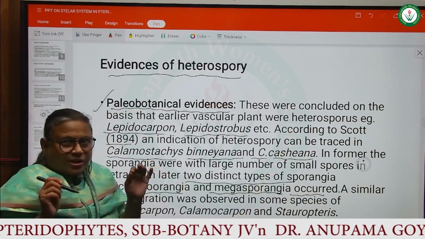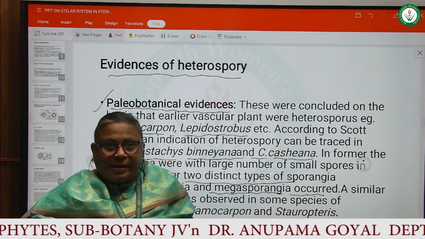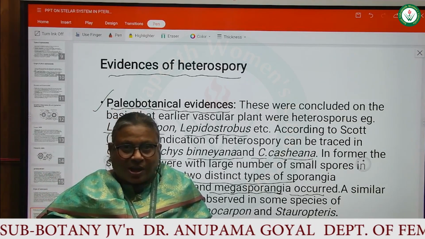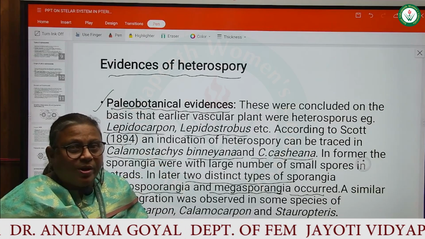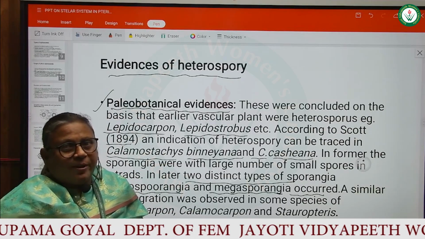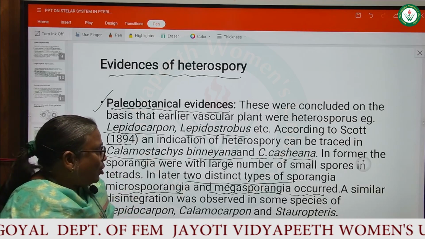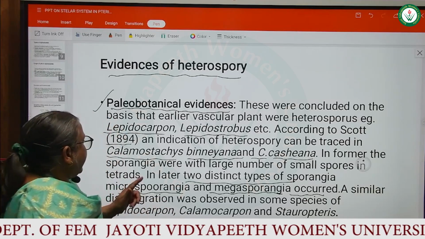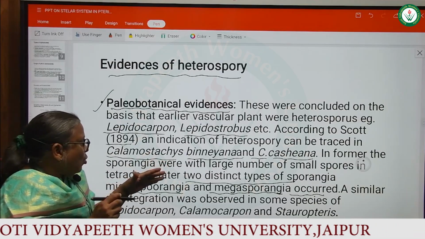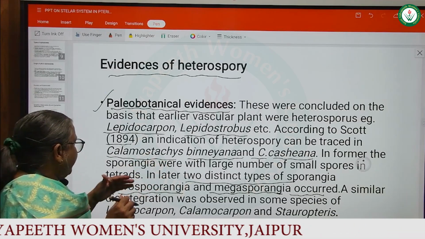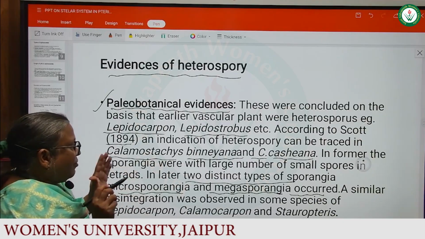What I mean to say is, in Calamostachys casheana, two types of sporangia were found, megasporangia as well as microsporangia, whereas in Calamostachys binneyana, only one type of sporangia were found with